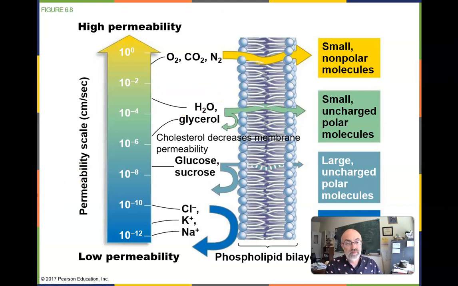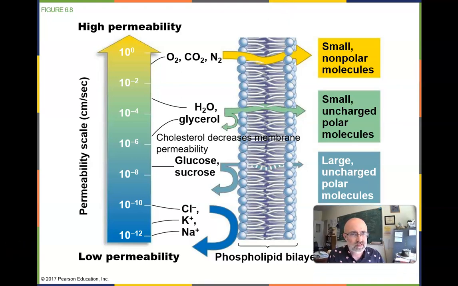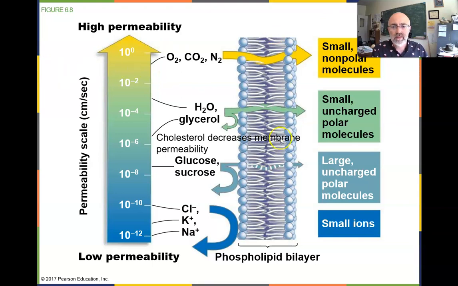All right, very key diagram. Get this out here. Yeah, there we go. Okay, here's the membrane. Some things on this end of the gradient. It's a permeability scale in terms of how fast,